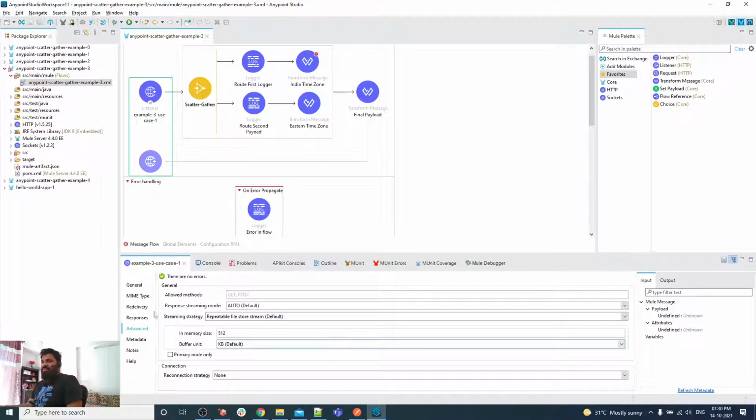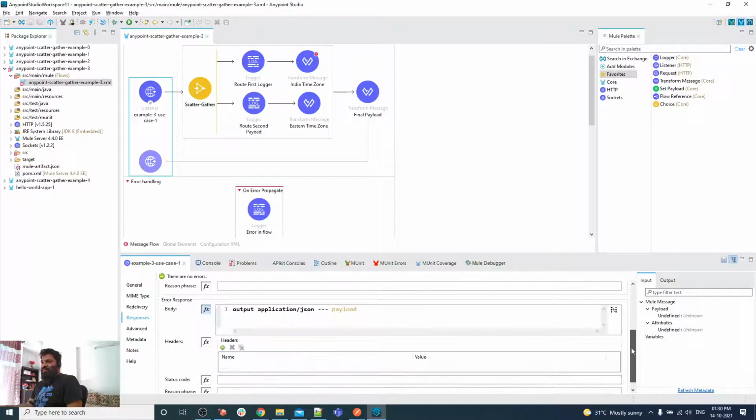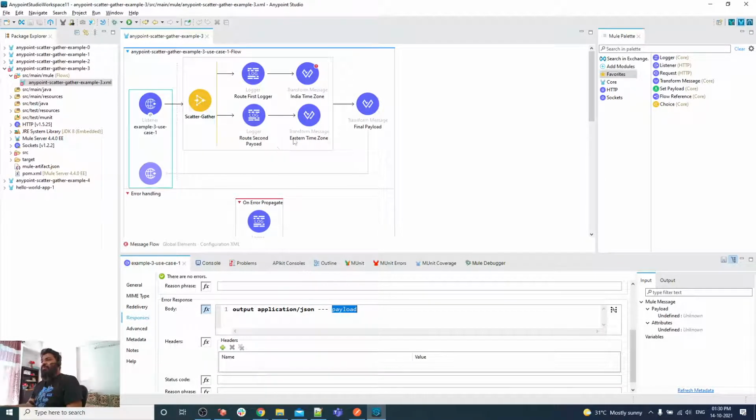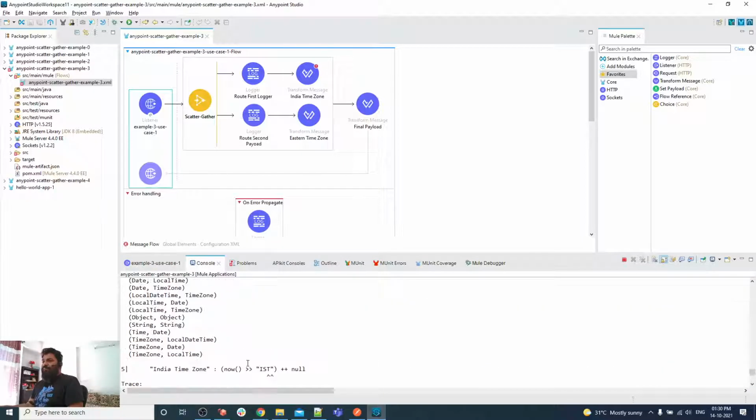Let me show you the advanced error responses, like what is the value of payload, that returns simple. The value of payload is empty only, that's why it is sent empty. So it's another way of handling and deciding what kind of response should be sent back to the consumer when any error occurs in a listener configuration's responses. As you can see, we are getting nothing here, just the logger is printing.